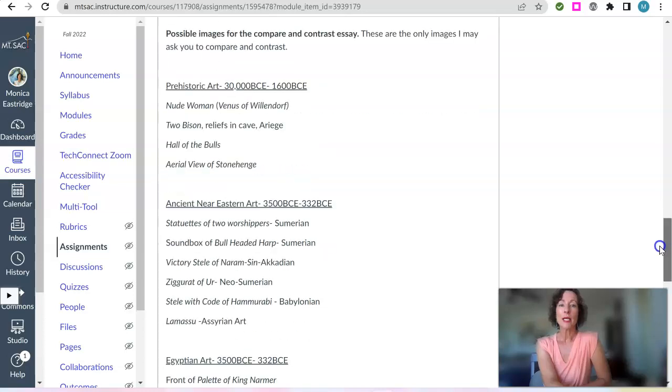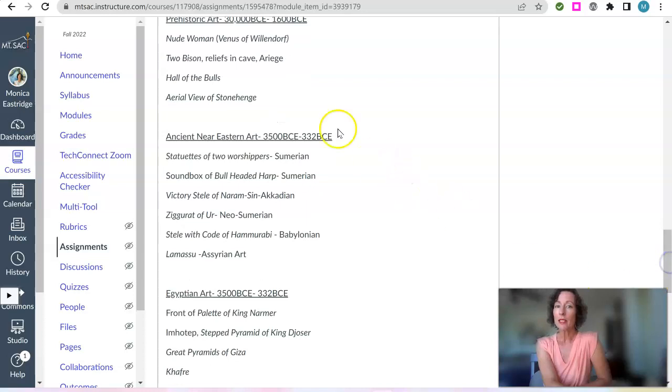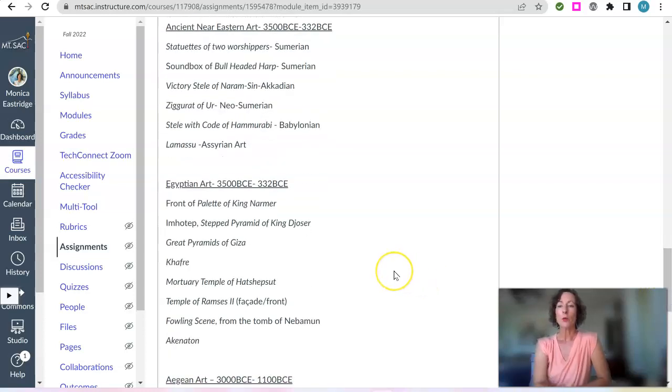So from this selected list, I will pull 2 images, hint, hint, most likely from one culture versus a different culture. And I'll ask you guys to compare and contrast them. So you want to tell me information, of course, that's visual, like this one is blue and this one is green, this one has a man, this one has a dog, stuff like that.